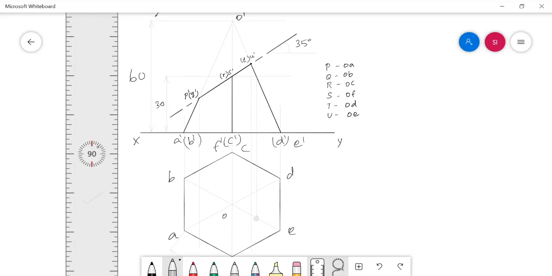Now take your compass, make O as center and this new point as radius.